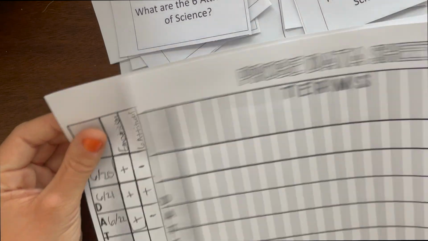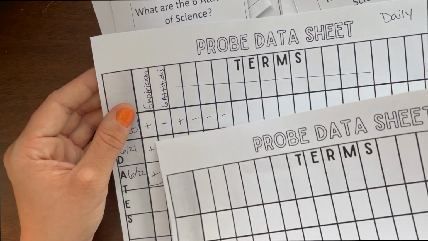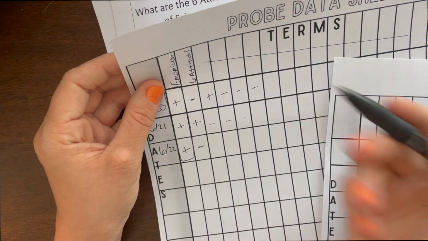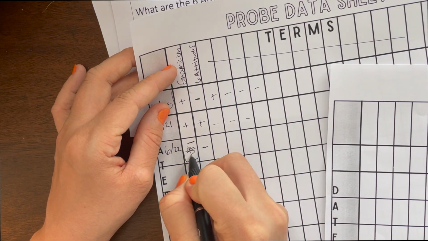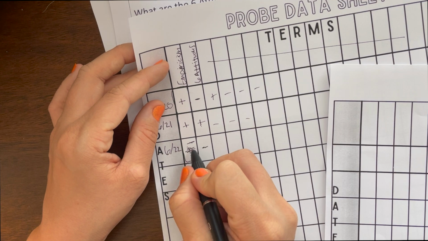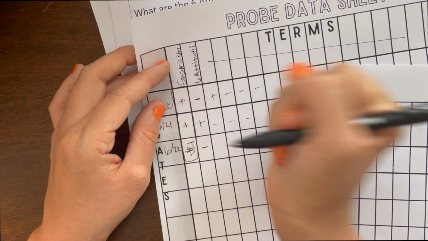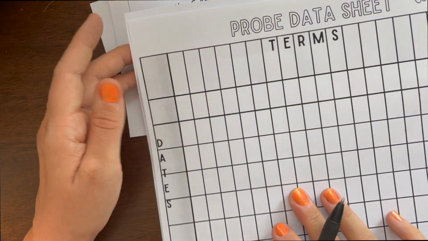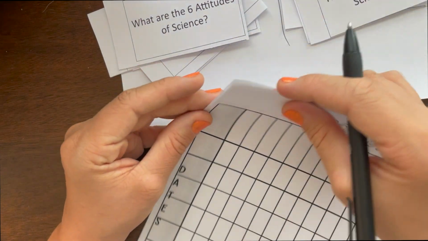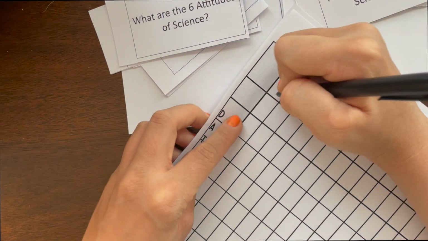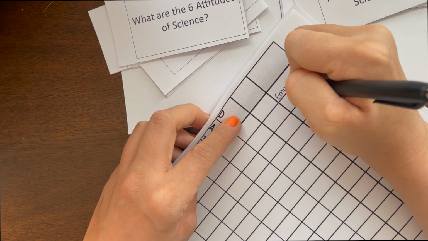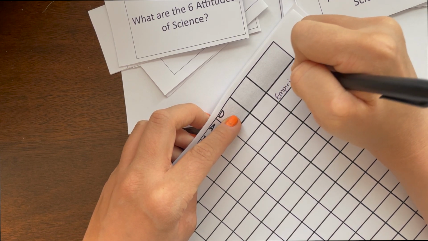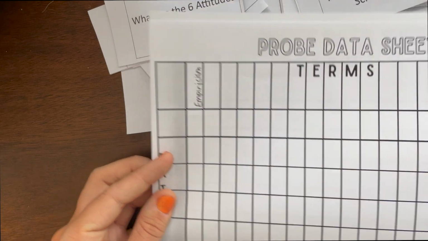So empiricism had 3 days of pluses in a row. So if I would have gotten a minus on day 3 instead of a plus, I would not move it to the weekly. It has to be 3 in a row that are correct, okay? So I got 3 in a row correct for empiricism, so I'm going to write this on my weekly form. Okay, so what you're going to do for